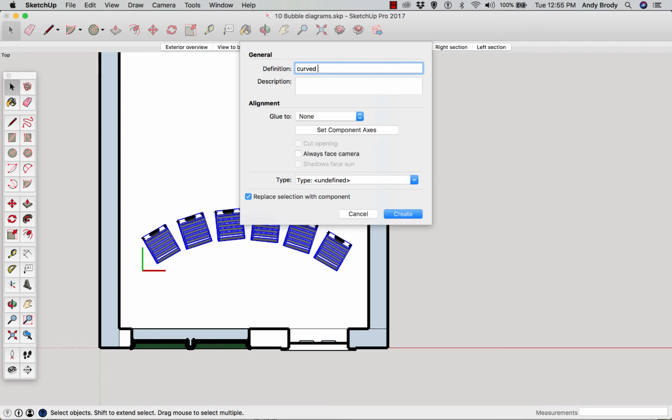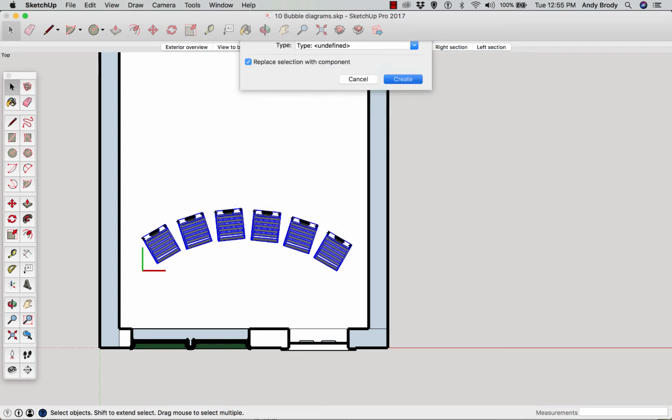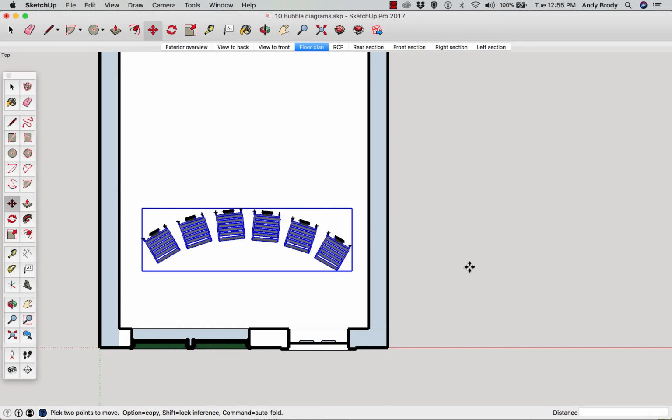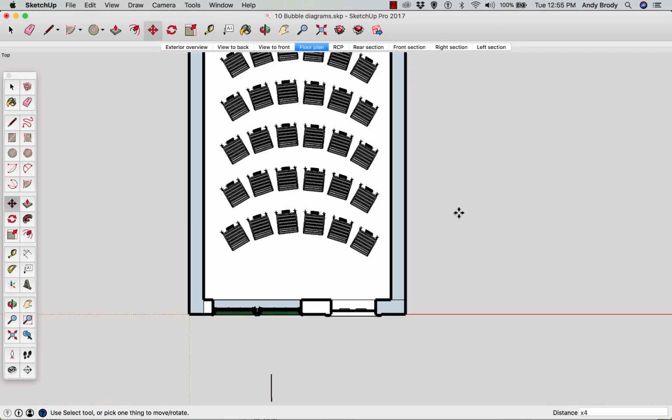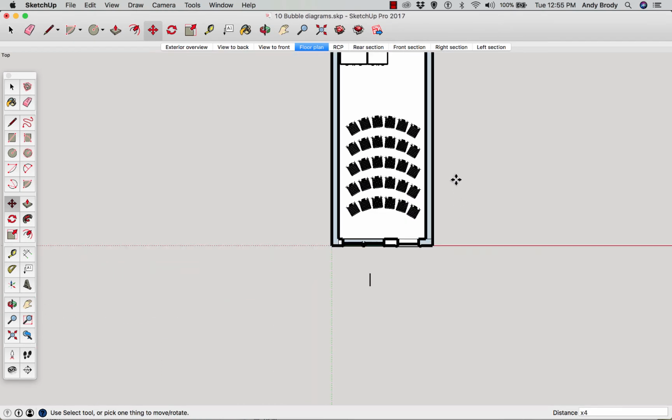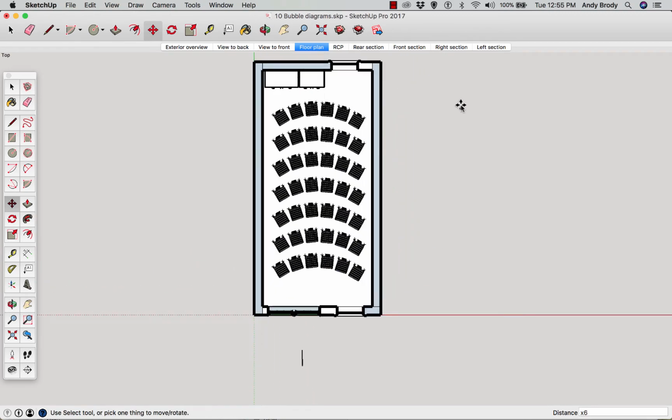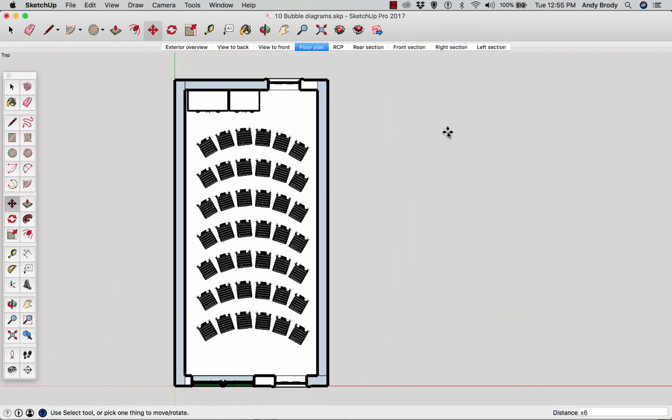curved row. Oops. And then move copy the row, so I can get multiple arrays of my array. I probably need a few more. There we go. So that's a very quick way to set up some basic space planning, finding the components you